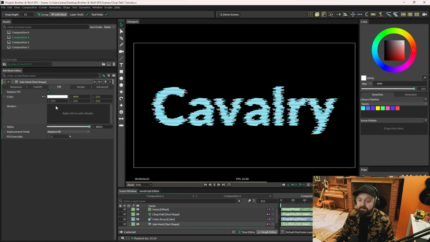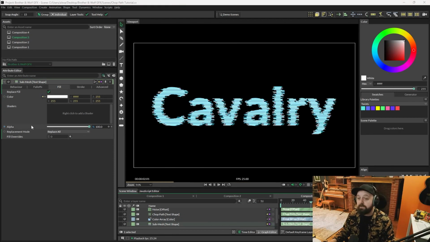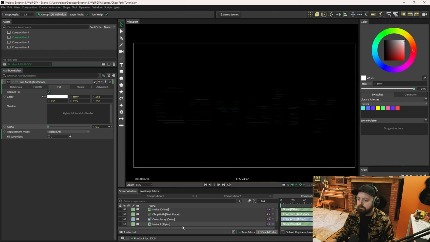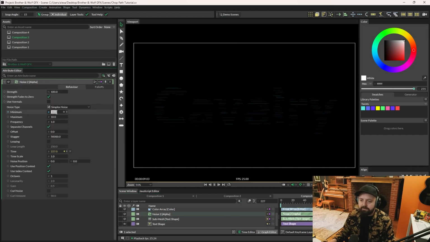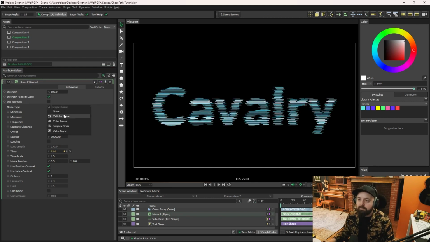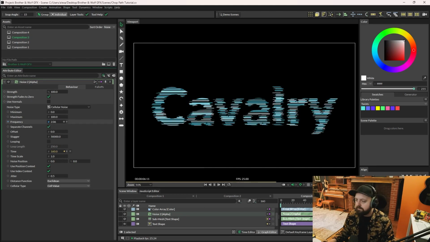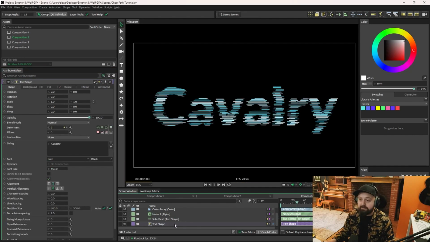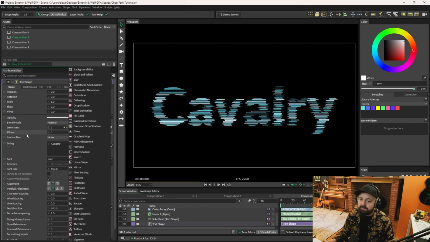Back on the submesh's fill tab, I'm going to add another noise to alpha. So right click alpha, add behavior, go for noise, and then open up that noise and we'll set minimum to 0, maximum to 100. And again, we'll go for cellular and we'll just increase the frequency a bit. Not that you need to, I think, for that. But all you need to do now is go back to the text shape and just add the filters